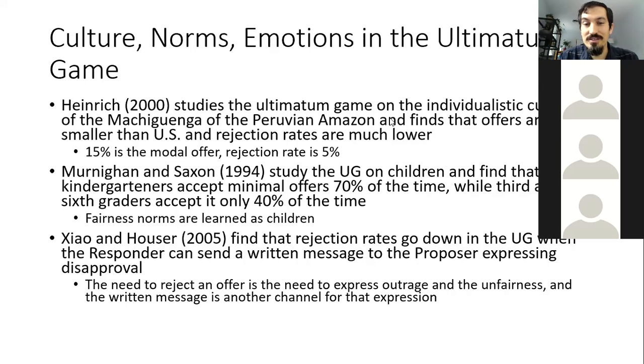I like this one about students, about children. There's this result here that children, when they're under kindergartners, they're okay accepting low offers. Most of the time they accept the low offer. But by the time the kids get to 6th grade, they mostly reject the low offers. What does that tell you? That once again, fairness is part of our cultural identity, that we become less willing to accept unfairness as we get older and we get more